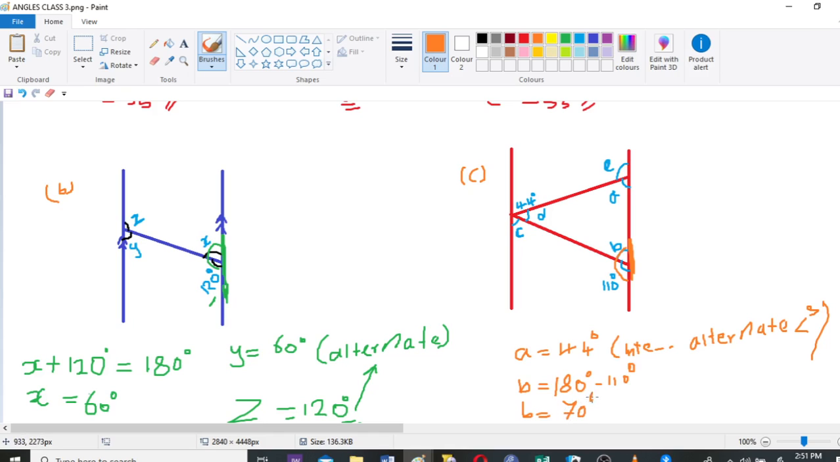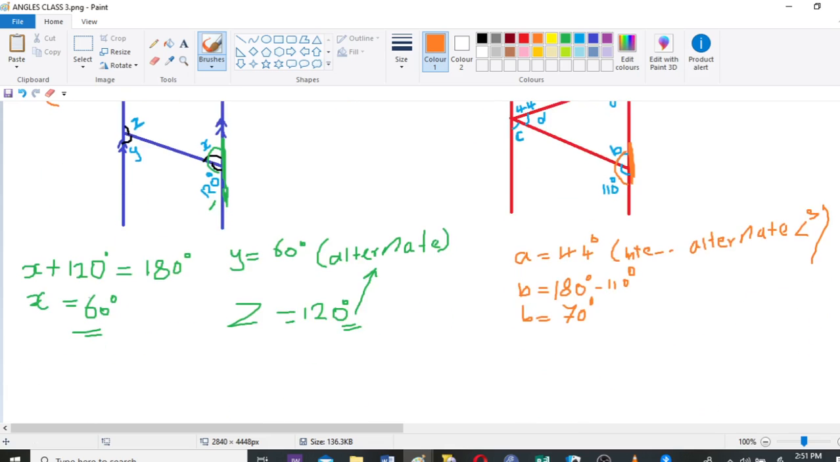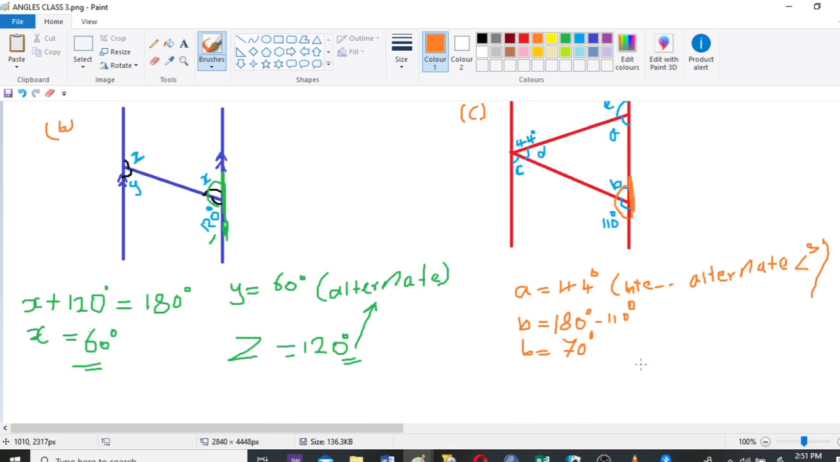Okay, that will be a 70. That will be the size of that angle. Okay, right, now let's go and find C. Now C, from the diagram you see that B and C are alternate interior angles, right? Yes. So what does that mean? They are equal, right? So the size of angle C is nothing but 70